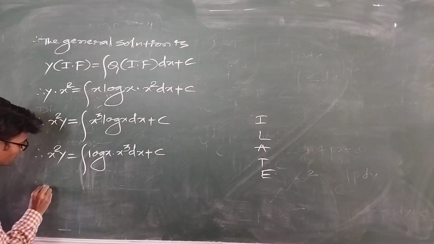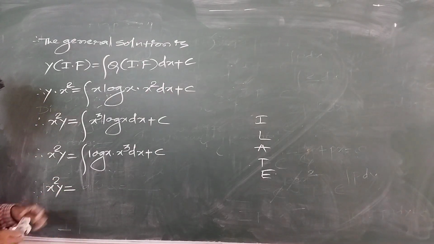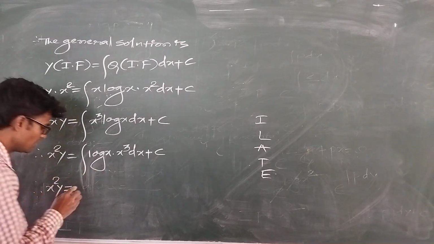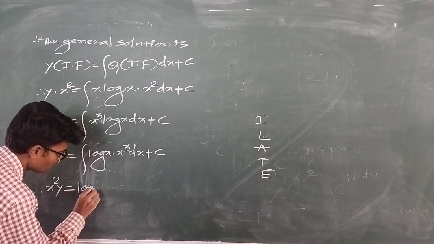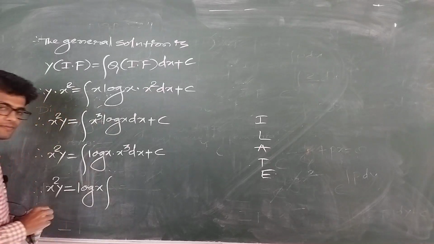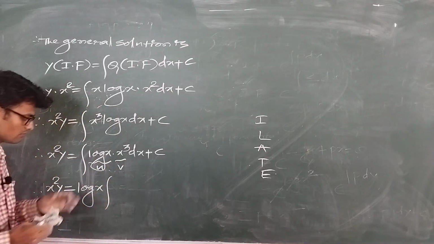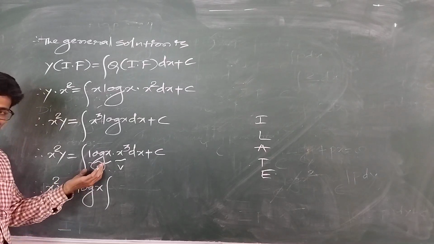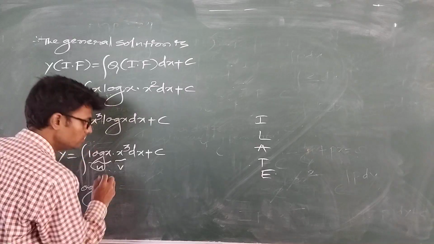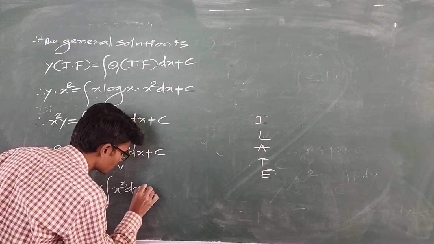So therefore, I will write x square into y is equal to... we have to apply the formula of integration by parts. You keep log x outside, and integrate v. So this is u and this is v. Keep u outside, log x is u, and integrate v, the integration of x cube into dx, minus